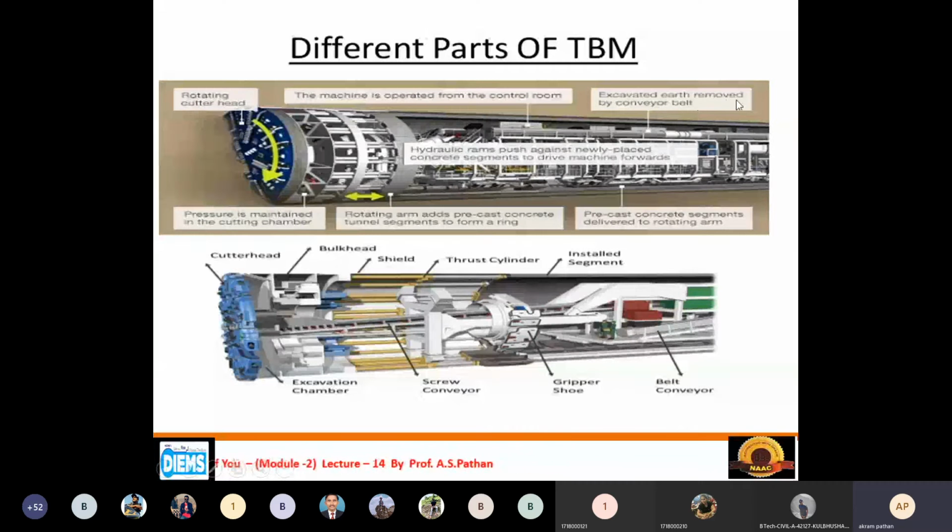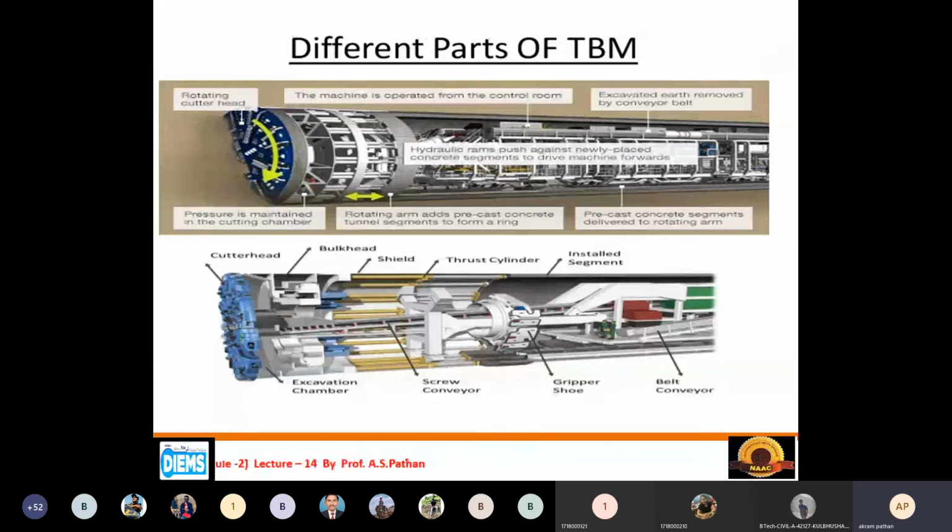Then the excavated earth is removed by the conveyor belt. So see, everything is automated. Whatever the excavated material may be, we don't require any excavator machine. It can remove all the material by the conveyor belt. Conveyor belt means the belt is running. In a mall, we have seen such kind of technology.